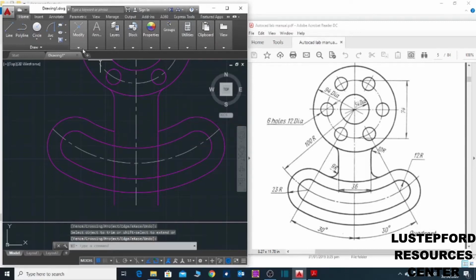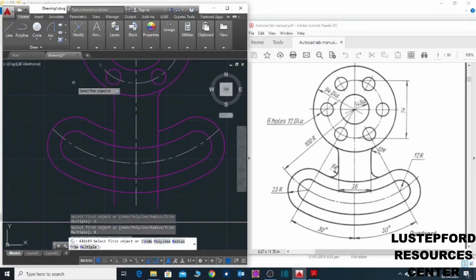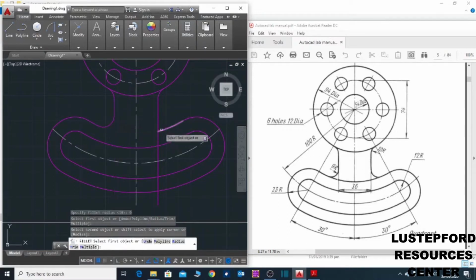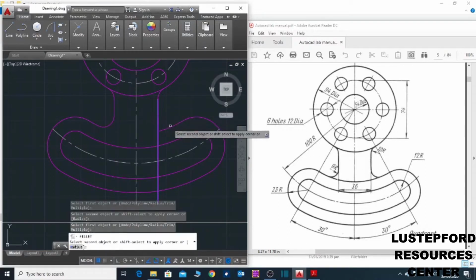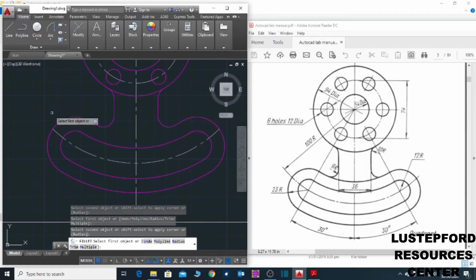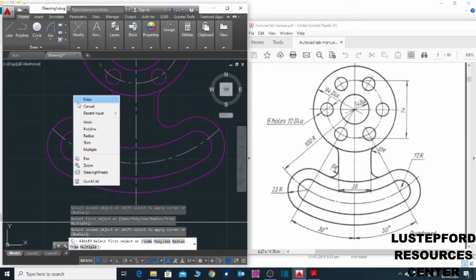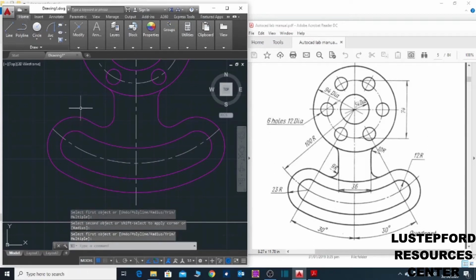And what I will do next, I'll go to modify of 9 because here is 9. Select here and here. Then I'll right click and enter. Then you have to also recreate this arc that has been deleted.